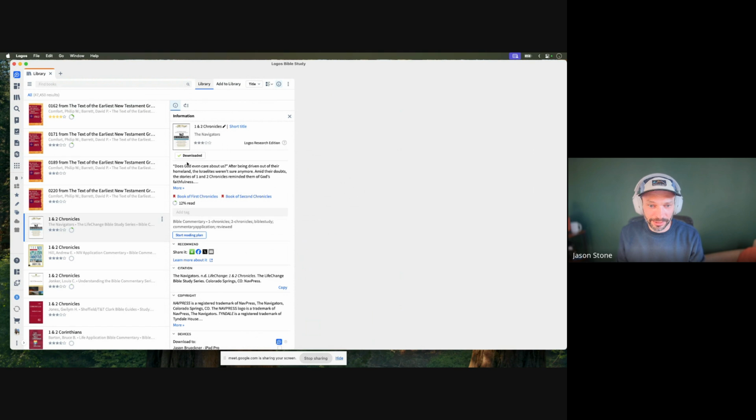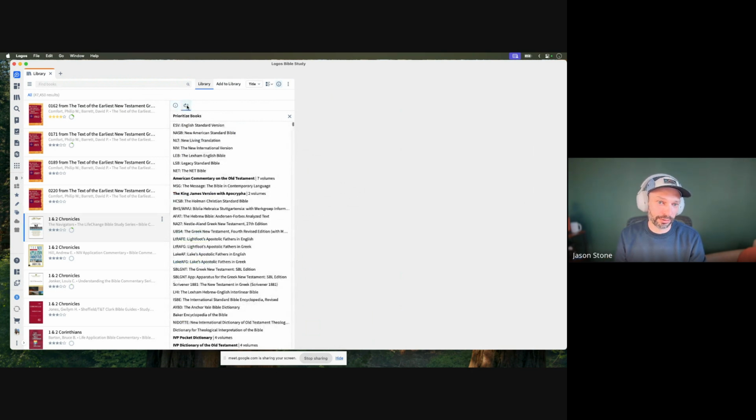Let me jump over. There it is, the information pane right here. So I haven't done this. I think kudos to those who have, but you can tag your resources if you aren't familiar with that. So you could jump in here and say priority 1, or however you'd like to sort your resources outside of prioritizing them for your Logos library using this tool right here.